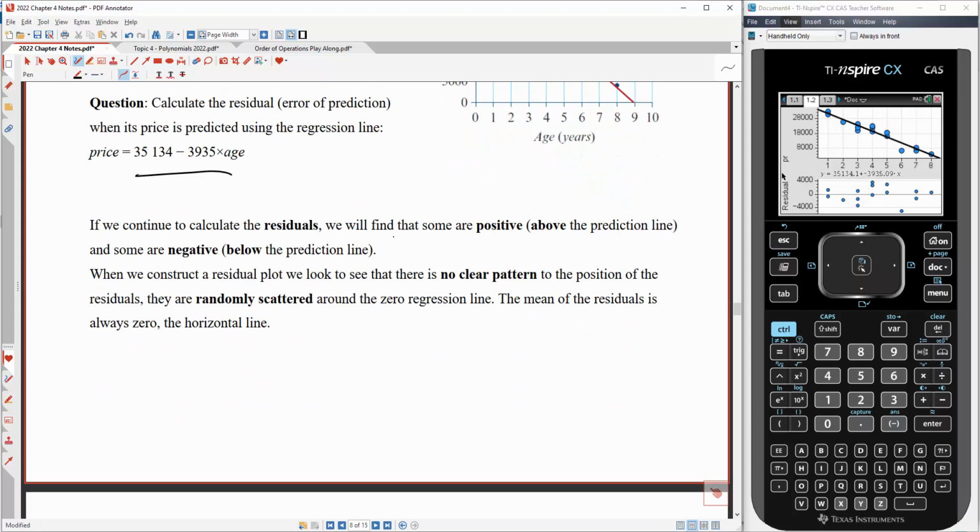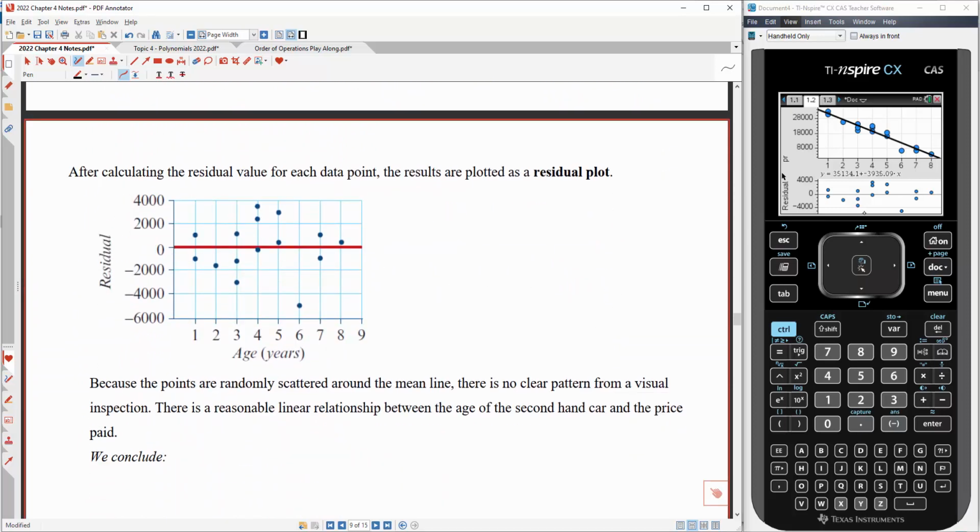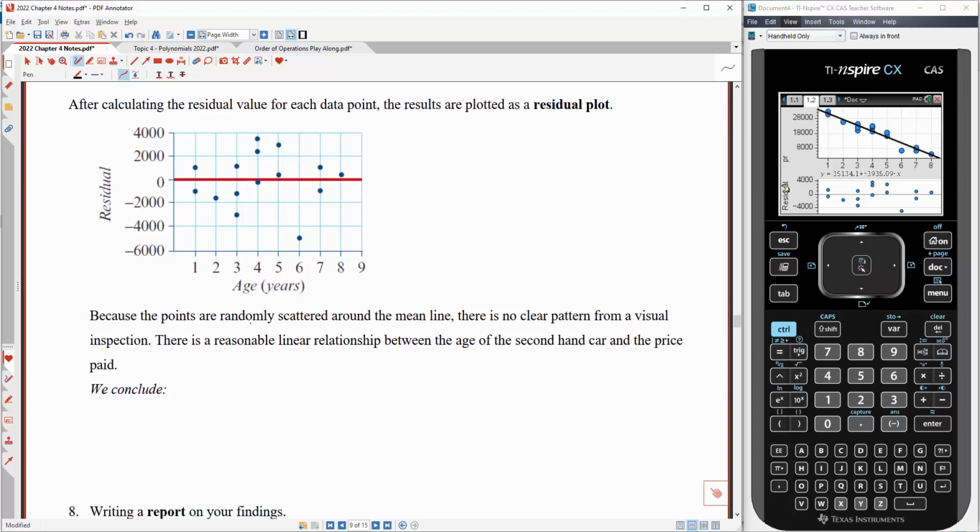If we continue to calculate residuals, we'll find that some are positive, or above, and some are below, which is negative. And what we want to see is no clear pattern. That is, we want to see this random scatter around a zero regression line. So this is this plot here. Because the points are randomly scattered around the mean line, there is no clear pattern. There's a reasonable linear relationship between the age of the second-hand car and the price we paid. So we can conclude